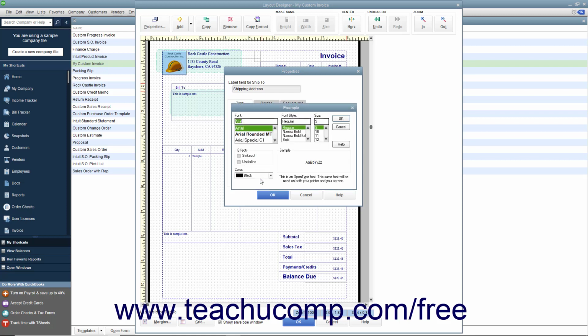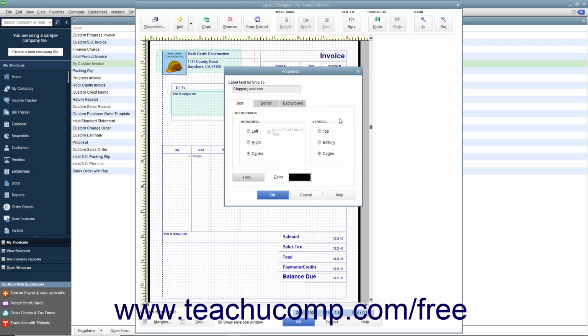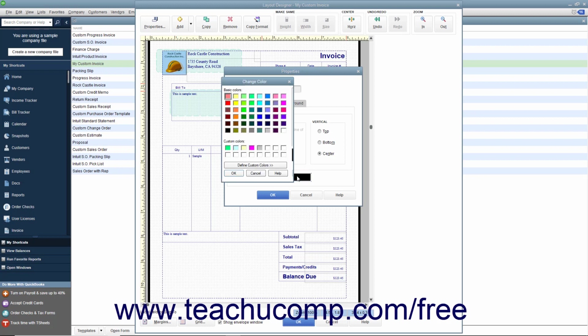the example dialog box. Here you can change the font, font style, size, effects, and color of the font by making choices from the fields within this dialog box. When you have finished setting the font attributes, click the OK button to apply them and return to the Properties dialog box. You can set the font color for the object within the Text tab by clicking the Color button shown to open the Change Color dialog box. Select any color you want for the font, and then click the OK button to return to the Properties dialog